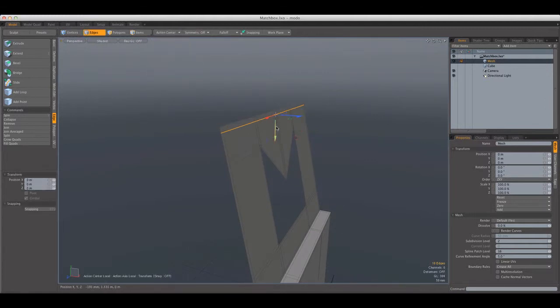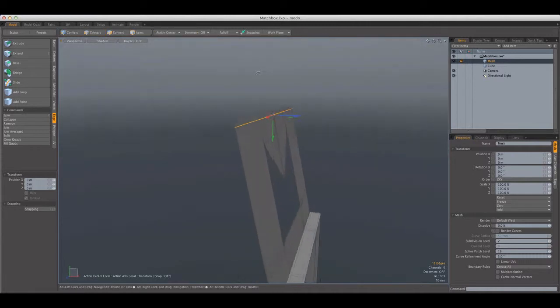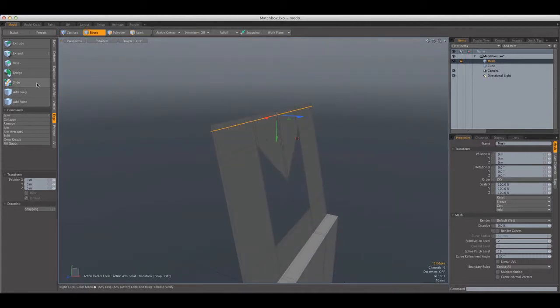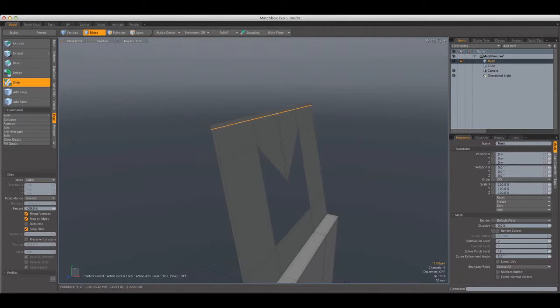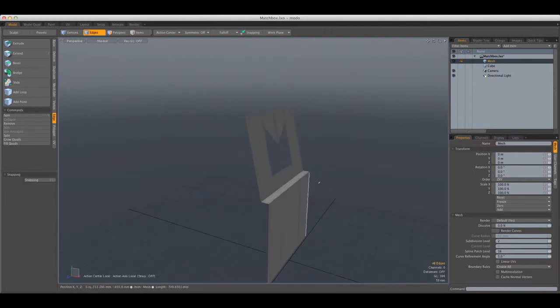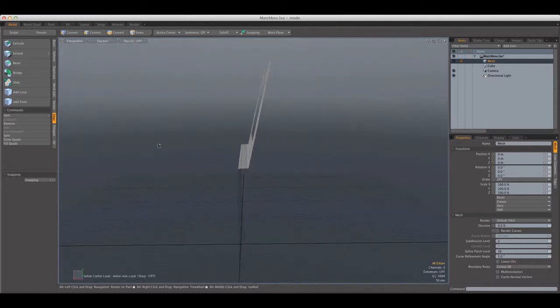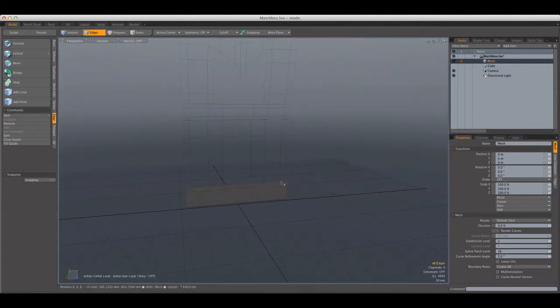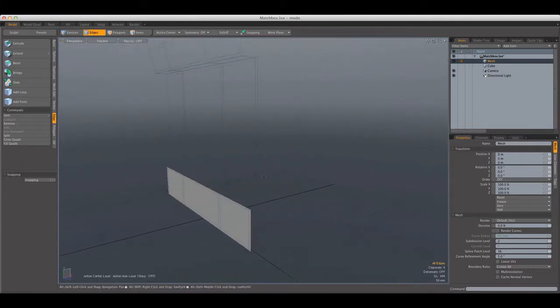So I'm just gonna use the local action center to be able to straighten it out, and then I'm gonna use edge slide. Okay, I'm gonna move it closer, and now this is all neat and sharp, so we can go ahead and